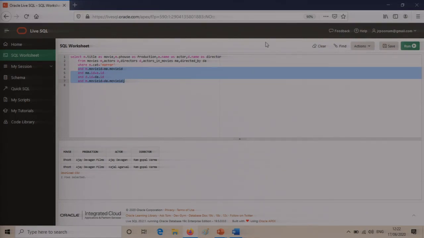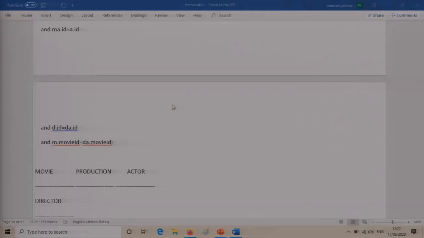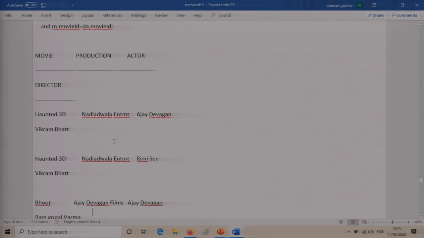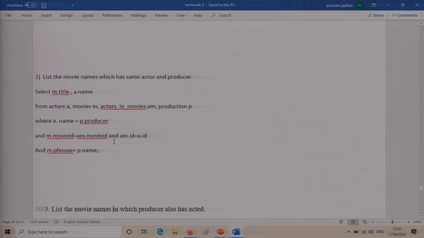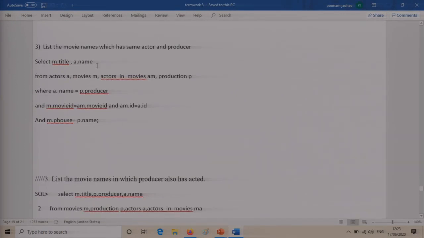So this is what has given me this output. This is the second query that we had to execute. Hope you have understood it. Please execute these queries. Once you execute these queries, it will be easier for you to understand.